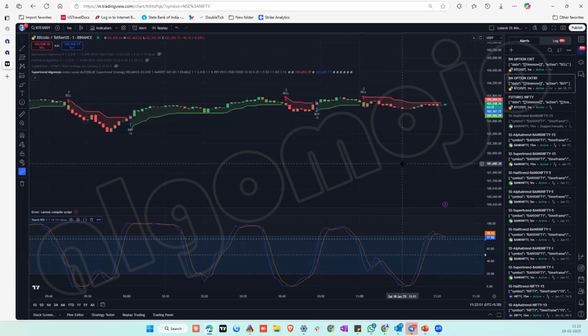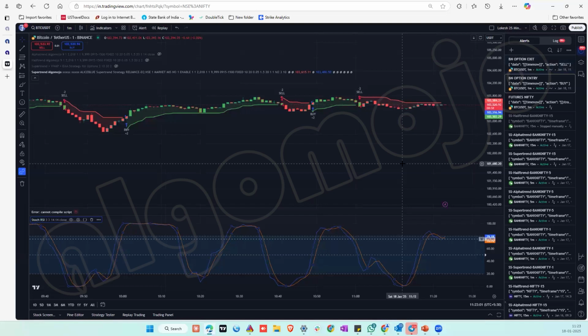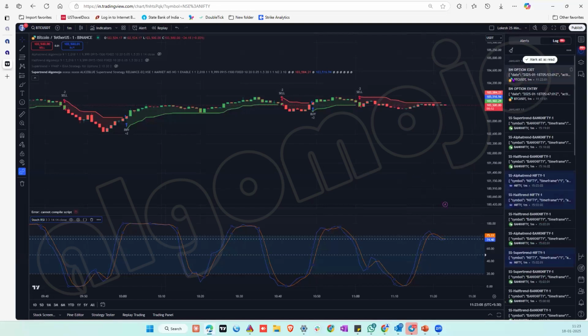Alert creation is very simple. The message box content and the webhook URL need to be copied and pasted in TradingView. Both the codes are given by Algomojo itself. So as you can see here now,